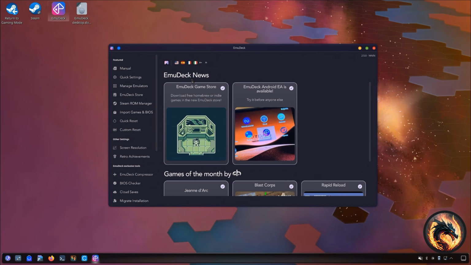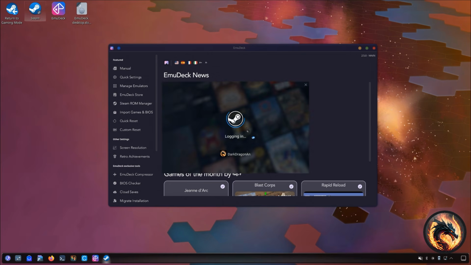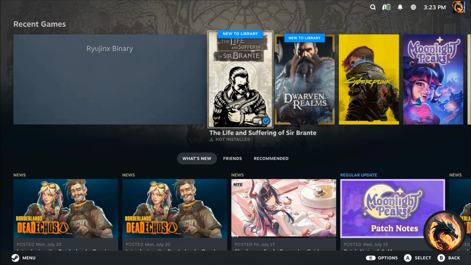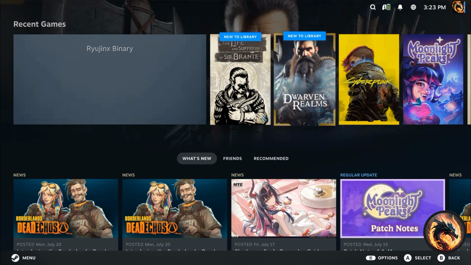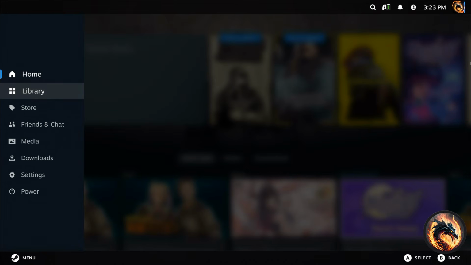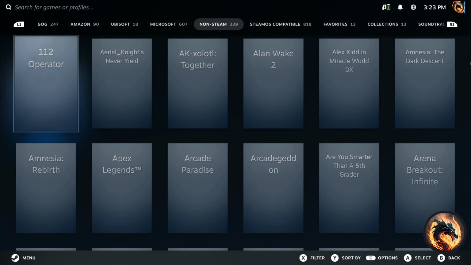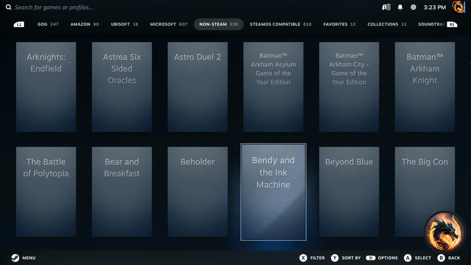And if you want to test them out, to see if it shows up in Steam, just open Steam here on your system instead of going straight to game mode. And then just hit Big Picture mode, because that's what you're going to be playing in. All right, guys, now that we are in Big Picture mode, from here we're going to go to library, and we can go to non-Steam,